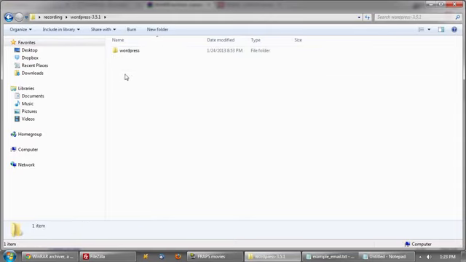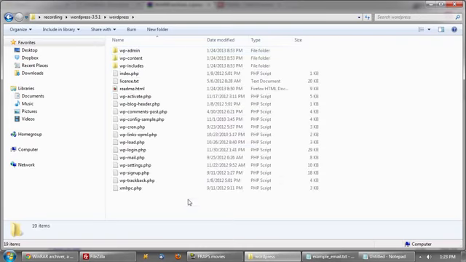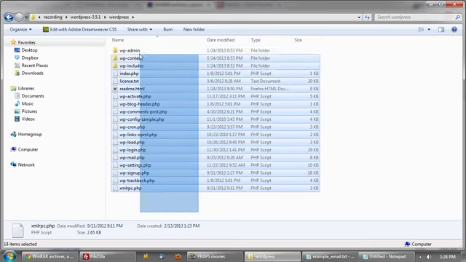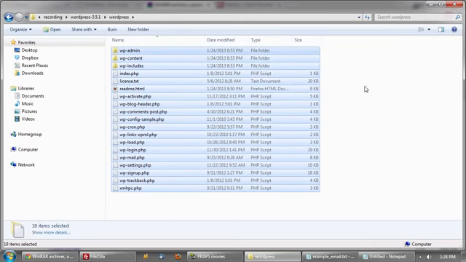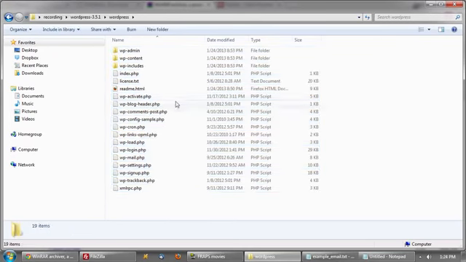So we do that, and we notice that it actually has a folder inside of it, which is the WordPress folder. Double click into that, and you'll see all the files in the base directory for your WordPress website. Now, with all this information right here, all we need to really concentrate on, and the only file we're going to mess with,